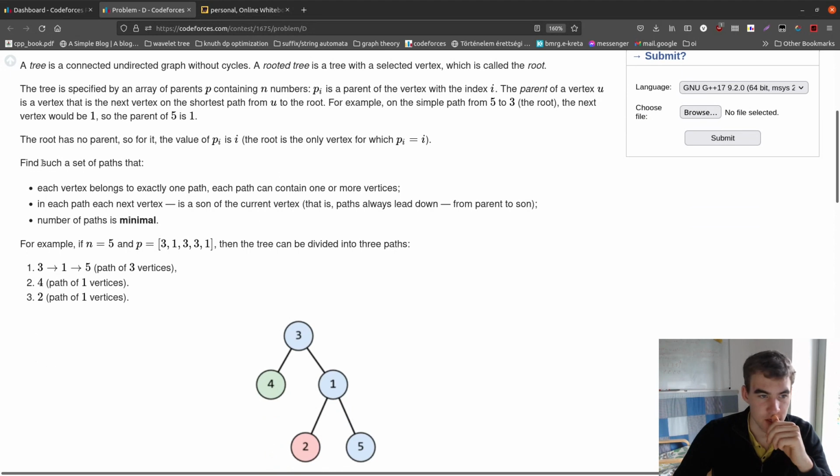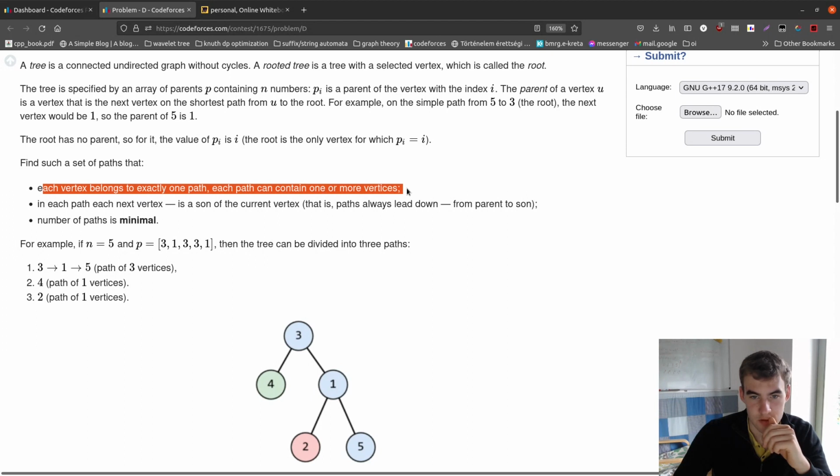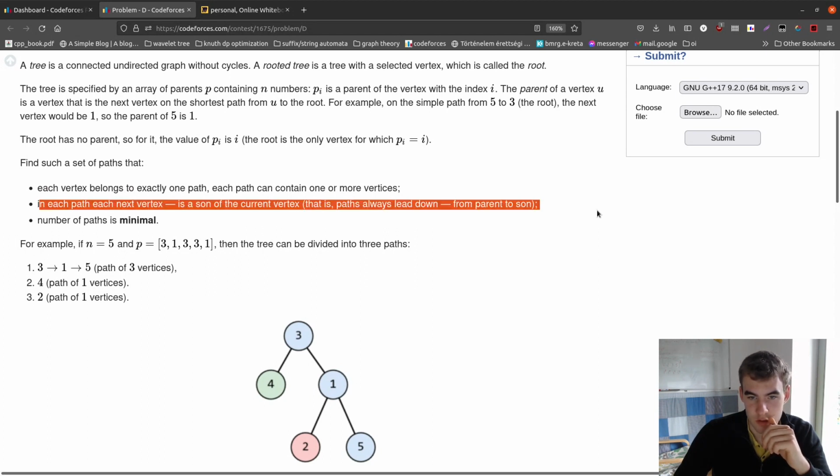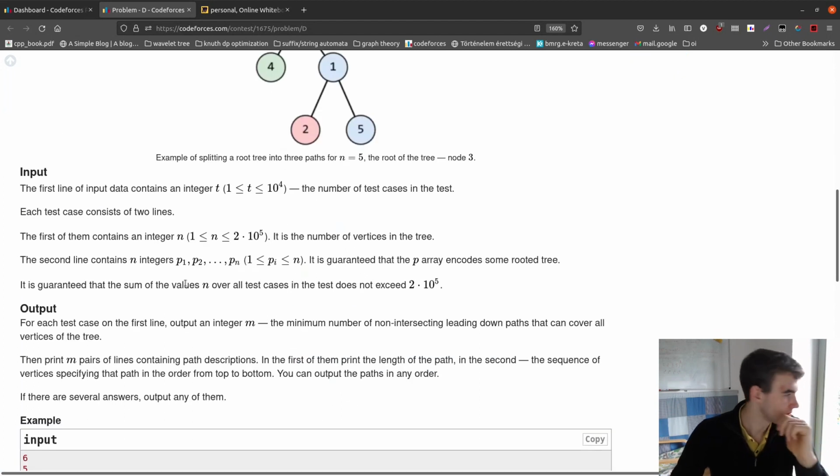Okay, find such a set of paths that each vertex belongs to exactly one path. Each path can contain one or more vertices. In each path, the next level is son of the current vertex. Well, what else would happen? Right? Oh, I cannot have loops. I can just... okay, so